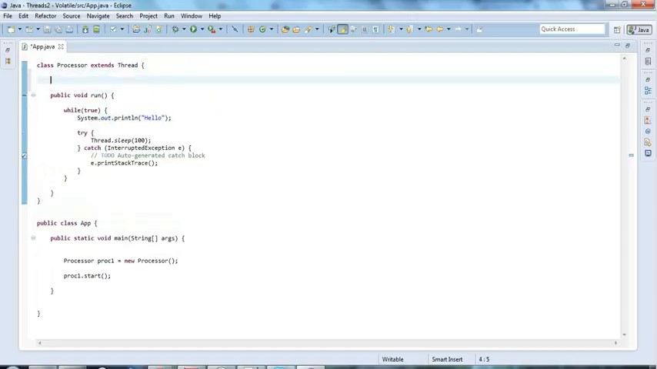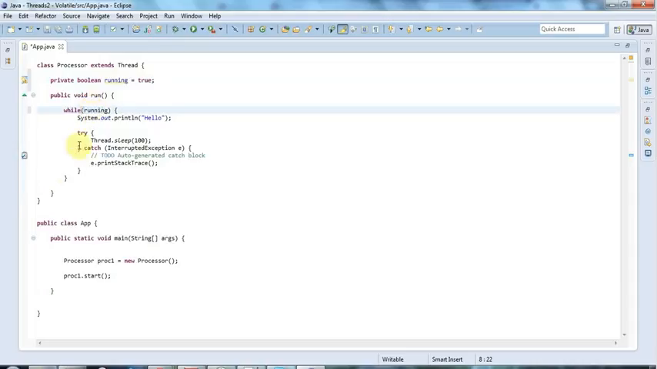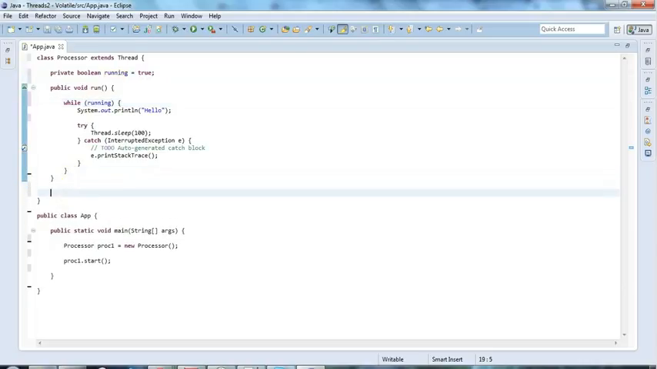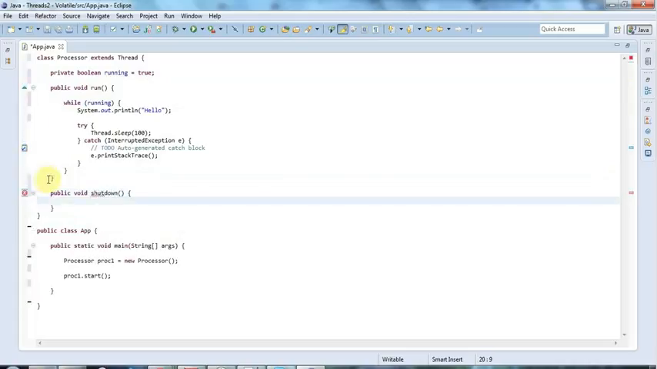So I'm going to create a variable here. I'll make it a private variable of the type boolean, and I'll call this running, and I'll make it true to start with, and I'm going to say while running do the loop, and I'm going to give this a method called shutdown, so I'll call it public void shutdown, and I'm going to say in shutdown that running equals false,